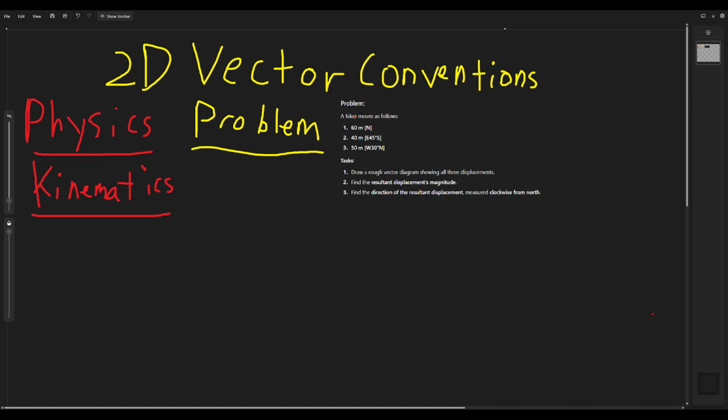So it says a hiker moves as follows: 60 meters north, 40 meters east, 45 south, 50 meters west, 30 degrees north, and it wants us to draw a rough vector diagram showing all three displacements, find the resultant displacement's magnitude, and find the direction of the resultant displacement measured clockwise from north. But I don't know about this part. Okay, so